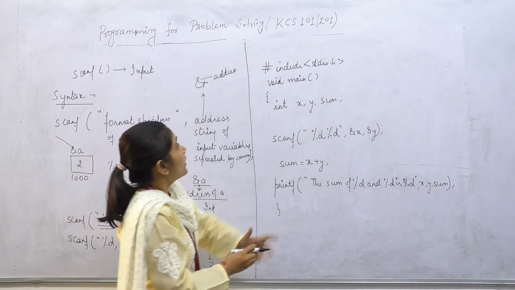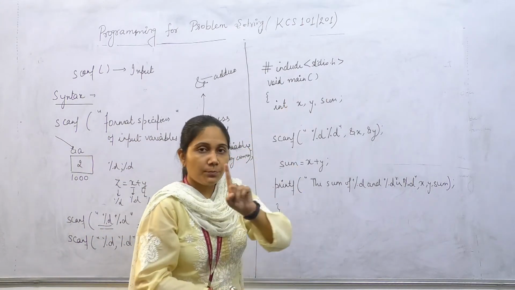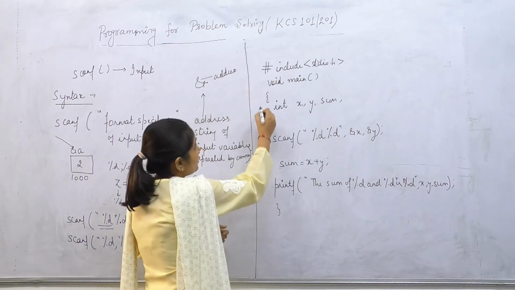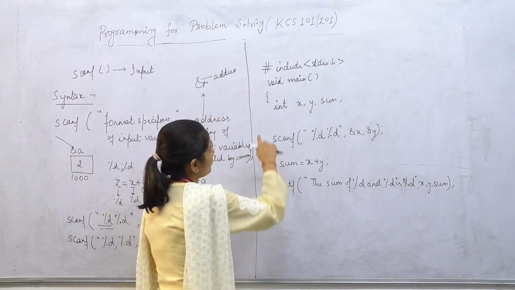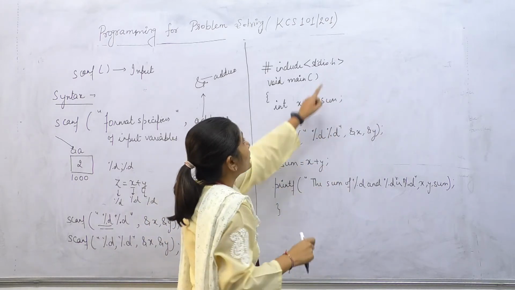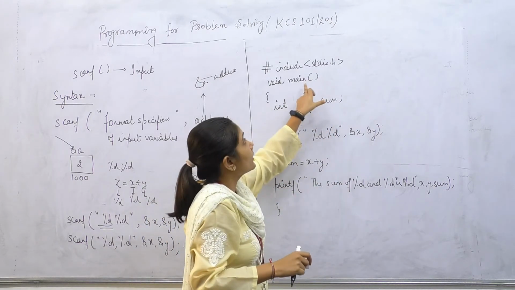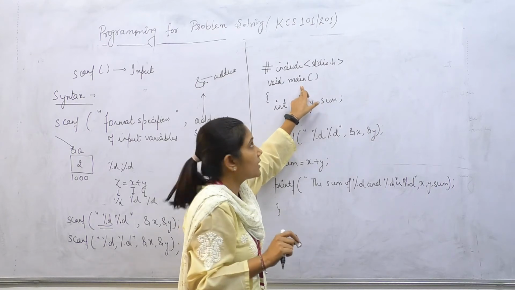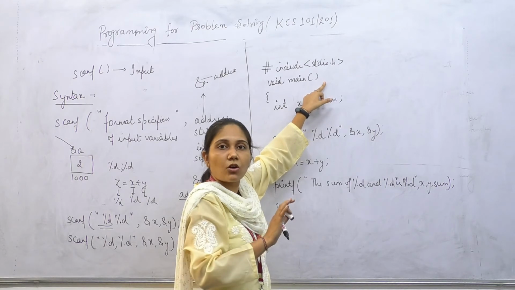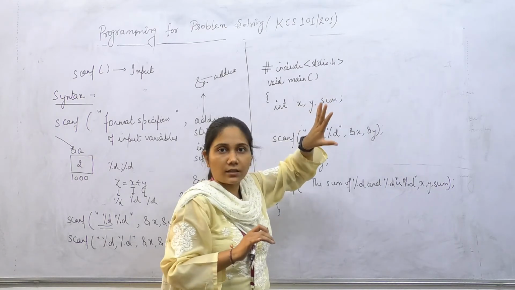Right? After main, you are not going to put a semicolon, because this shows the function body. This we have discussed earlier also. If you put a semicolon over here, then it will not go to the next line, because the compiler will start thinking that the function ends over here. Semicolon means terminator. It means the function contains nothing.